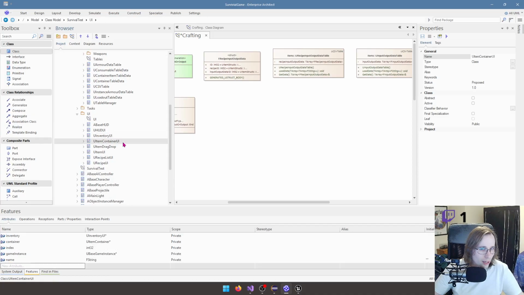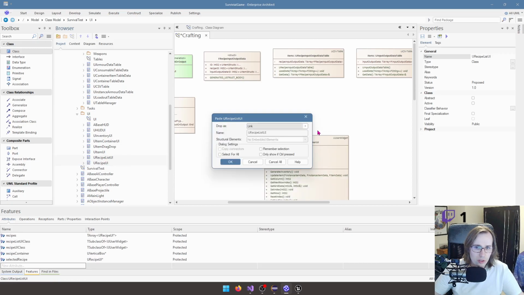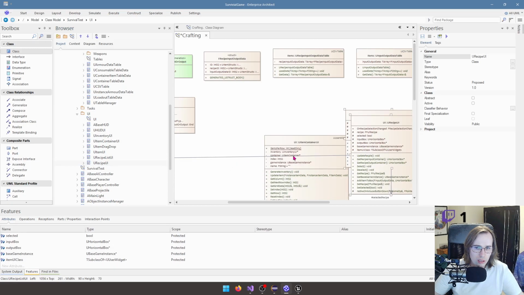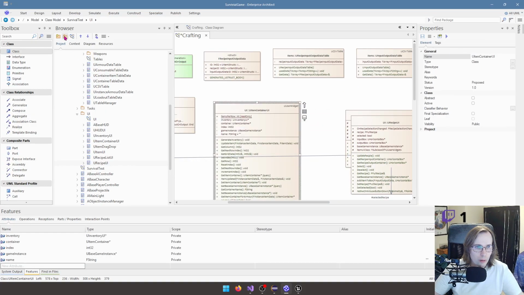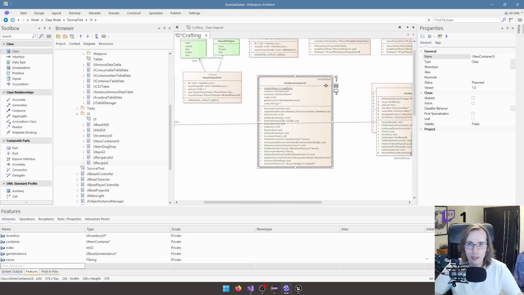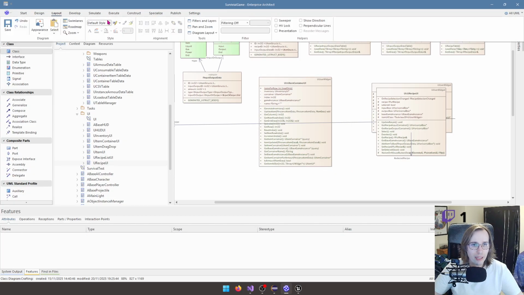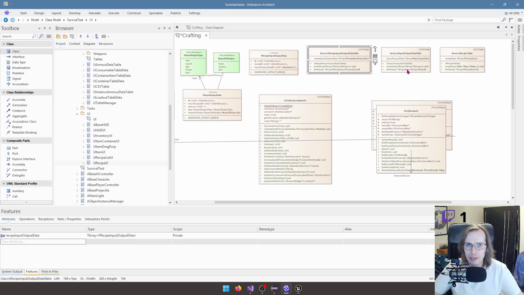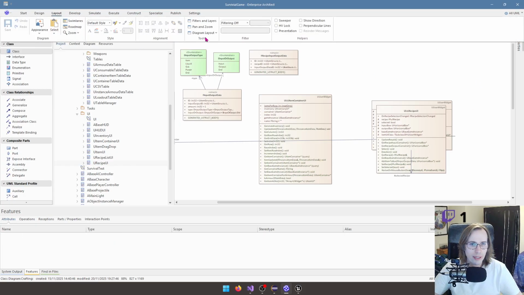So there's item container. These two. I'll collapse this all down in a minute. I don't need the properties per se. So if we lay this out again, I don't really need the tables because that's just loading the data. So if we go layout,